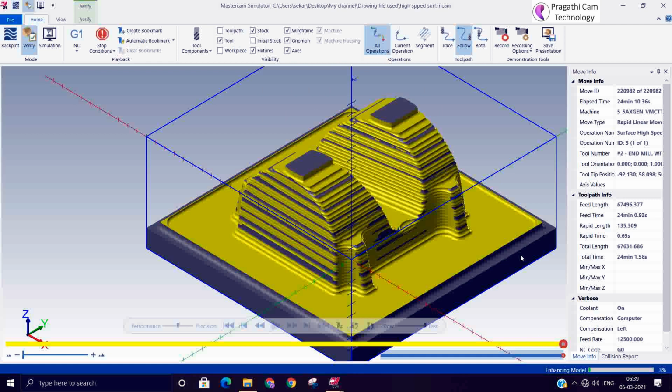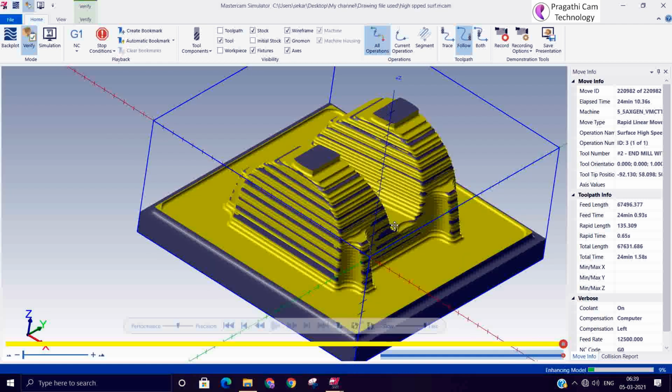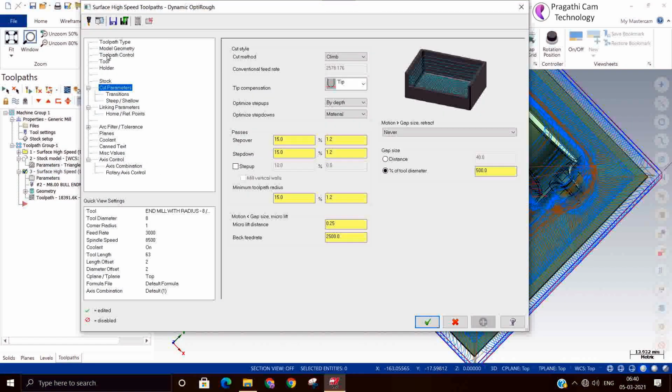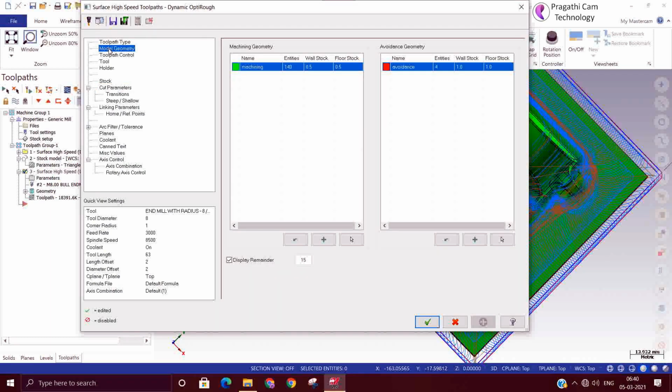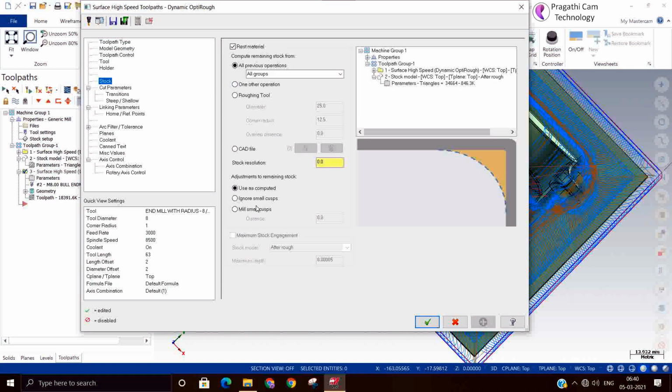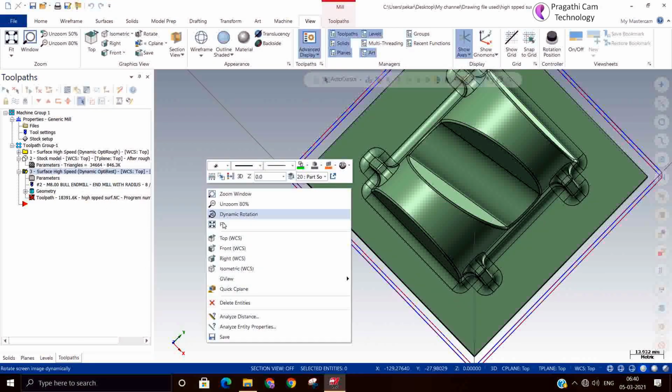Now we can modify a little and see. This is the rest machining. So other options, just we will switch on and see. Cutting strategy we can, yeah, I just add ignore small cusps. It means where very small material is there, don't go. If the material left out there is less than 0.5, don't go for machining, because our stock itself is 0.5. So very little material means no need to go there. Okay, that's why we can regenerate.